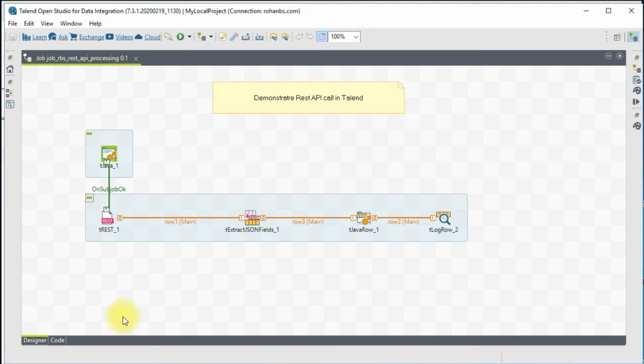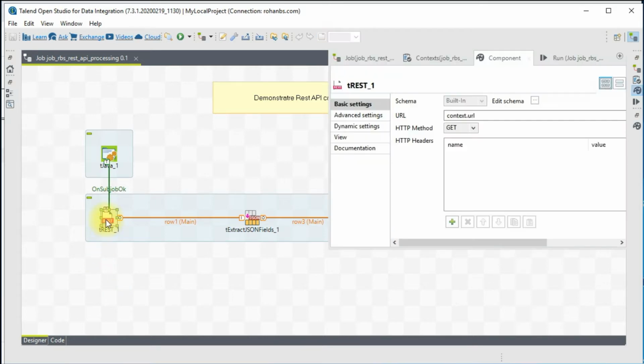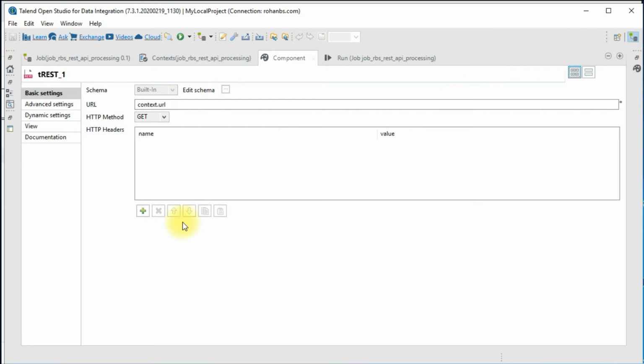All right, let me maximize this. So before we start, let us look at the components that I'm using here. So the main component here is tREST, and let's look at the properties.